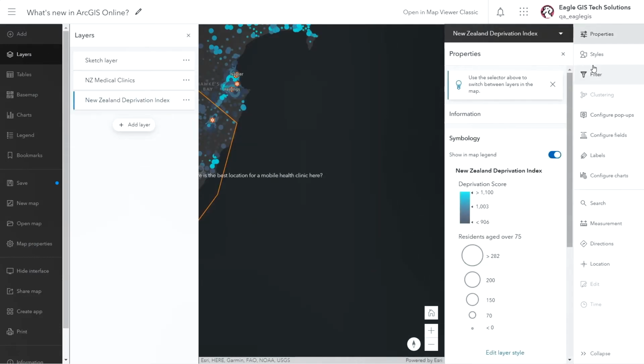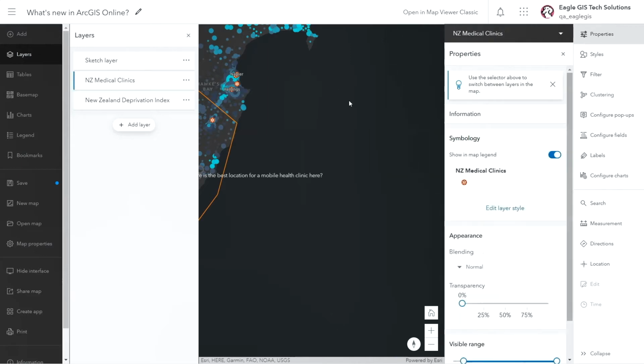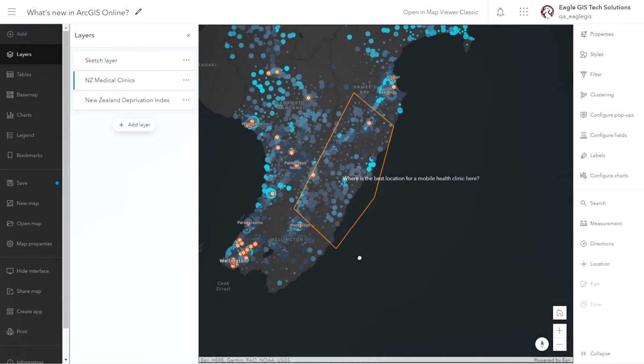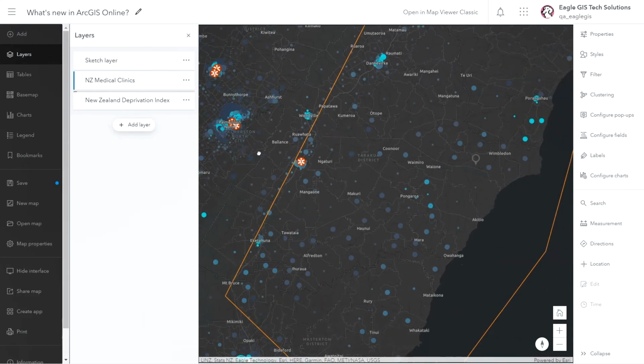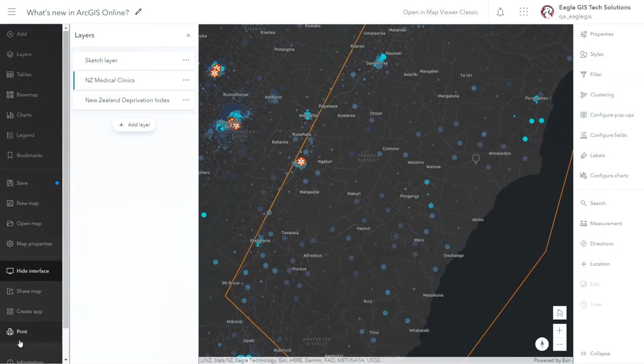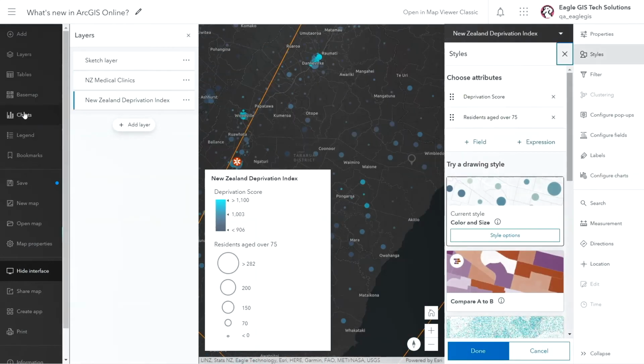Speaking of seeing, it's now easier than ever to conveniently switch between layers when styling multiple layers and configuring pop-ups. These make those last-minute changes or brainstorming sessions faster and more efficient. However, those details that you're putting into your maps can sometimes be missed when competing with real estate on your screen. The new full screen mode inside the Map Viewer allows you to look at your map without any interruptions